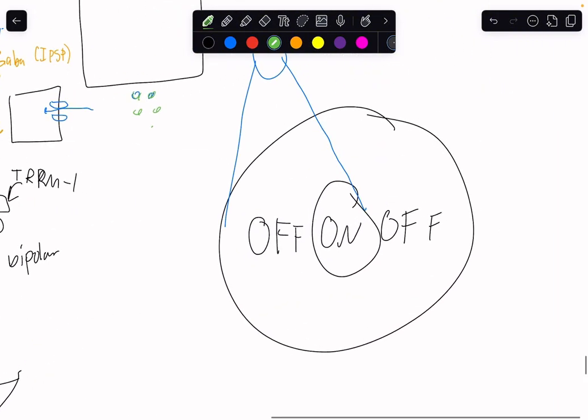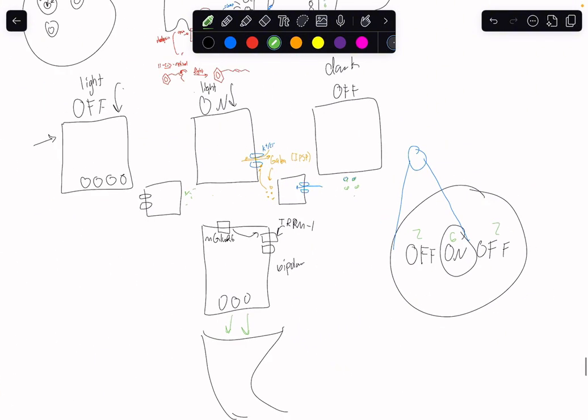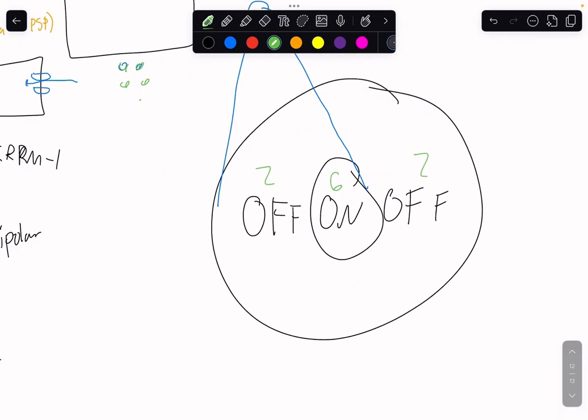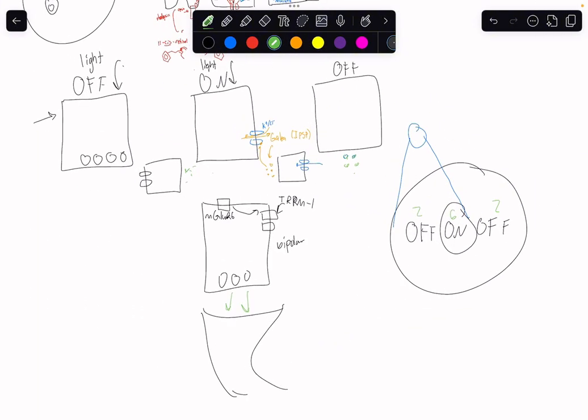So we kind of assign numbers to these, how much they contribute. Your center on contributes to more like 60% of light being picked up by your ganglion cell, and then these twos are for the surrounding ones. So it's like 20%, 60%, and 20%. So if light's hitting this one, and this is off, then it's not contributing, right? It's not helping to prevent this from